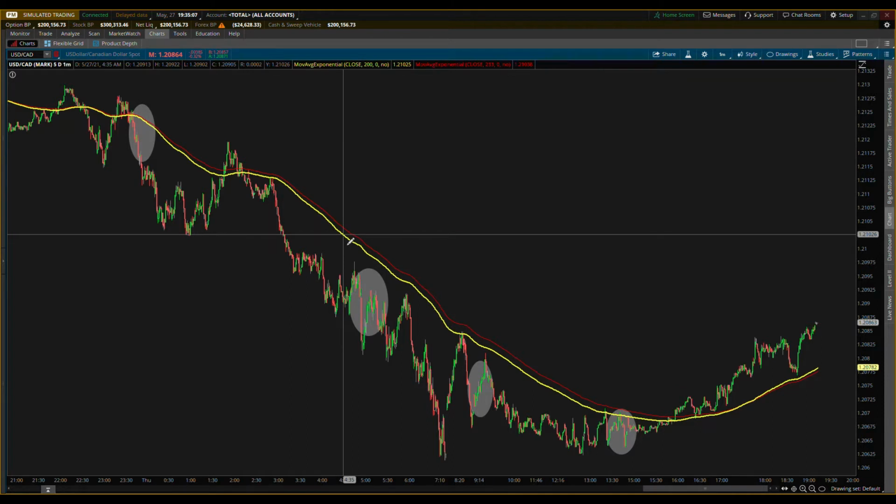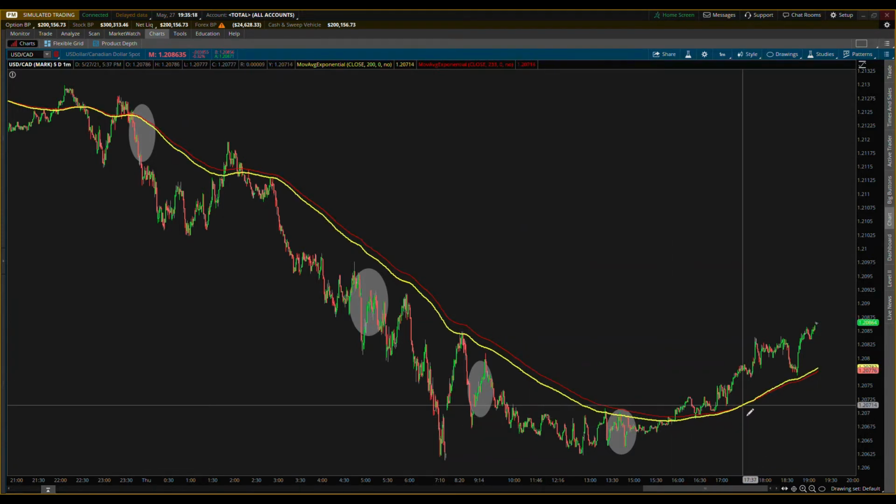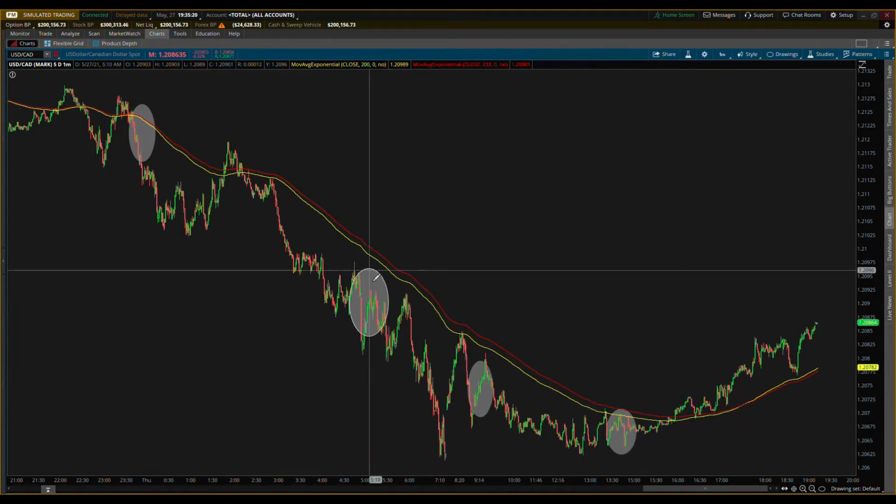this is actually a pretty decent strategy if you look at it right there. You just do a 233 and a 200, very close together. Look, they crossed up here, boom. They cross again, way down here, boom. You lose quite a few pips in between, but